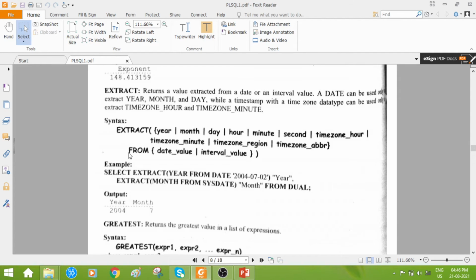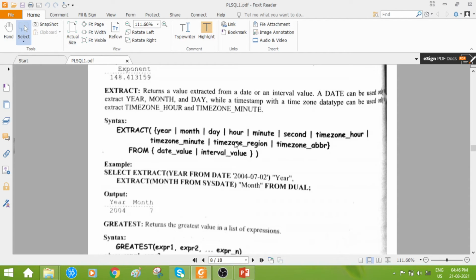Okay, so extract, this much is the argument you are passing. See the open parenthesis and close parenthesis, how many arguments you are finding. See here, the flower bracket is open and here it is closed.